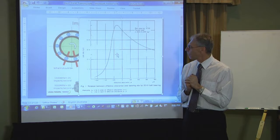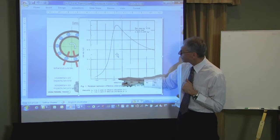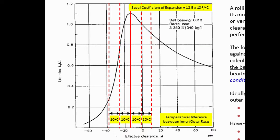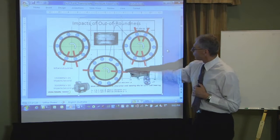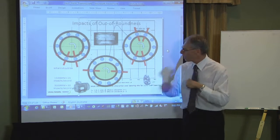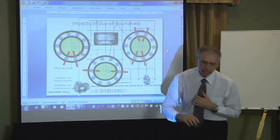the full service life. If I go 10 microns more, if I go from minus 15 now to minus 25, then I am down to 0.6 life. Another half a thou. Go another half a thou more, I'm down to 0.2 life. So when I have this situation, where I'm pushing these things together more than half a thou, then I'm driving these ball bearings